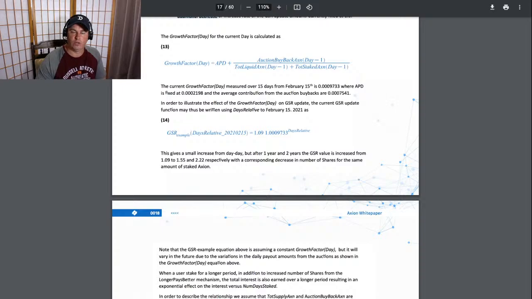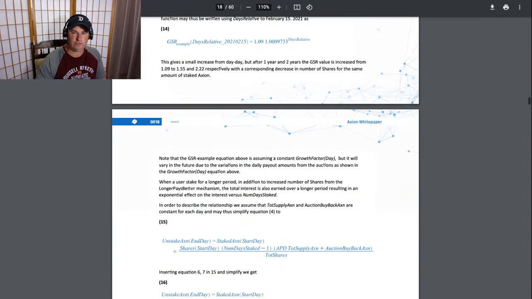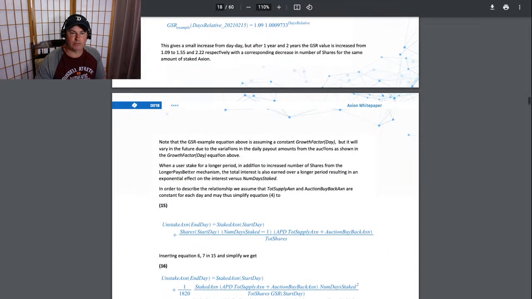I think by year 4 it is 3. So that's pretty dramatic. So definitely better to get the shares today. Those shares that you have today will be worth so much more, even if the price stays the same as it is at the moment, in 3 or 4 years' time, just because the share rate is moving up. So pretty cool. All right, so note that the GSR example equation above is assuming a constant growth factor day,